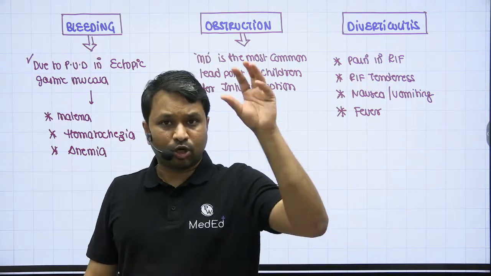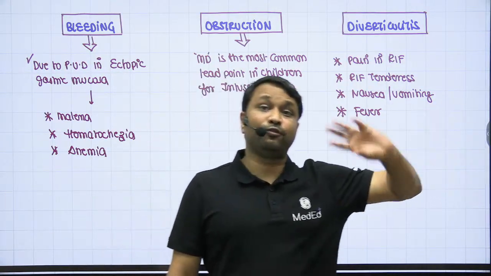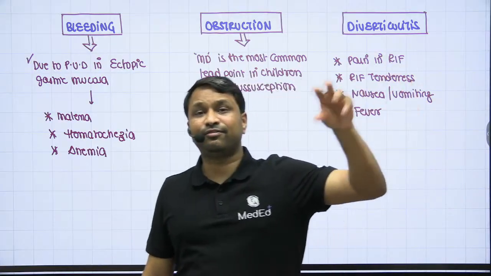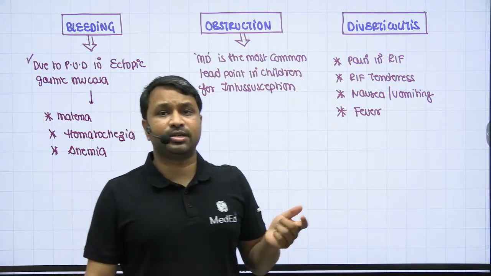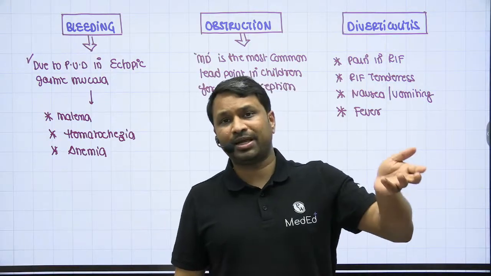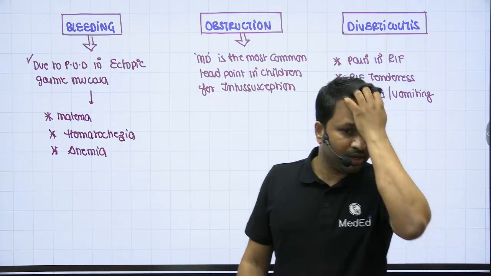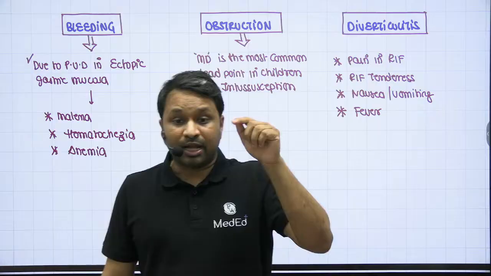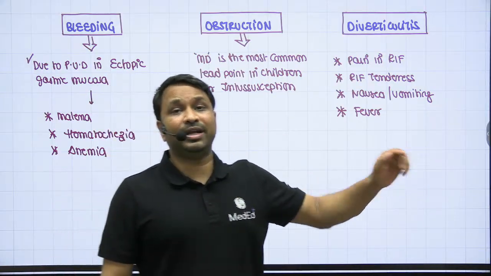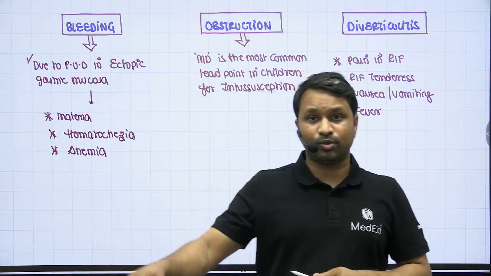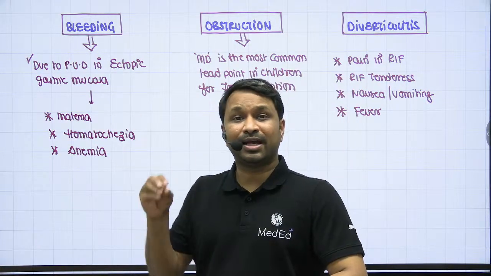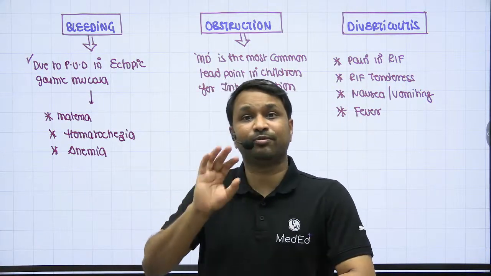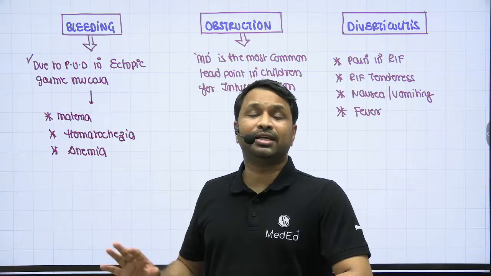Normally, pancreas and gastric mucosa are foregut derivatives. So when that derivative component comes into the midgut and it sustains with the vitelline duct, that is going to present to you as ectopic gastric mucosa or ectopic pancreatic tissue. Now, why does it happen? I really don't know. Now, why will a patient develop a risk of bleeding? Because when there's gastric mucosa, now you know H. pylori, we'll talk about it. H. pylori has a very high affinity towards gastric type of mucosa. It can only grow in gastric type of mucosa, nowhere else.